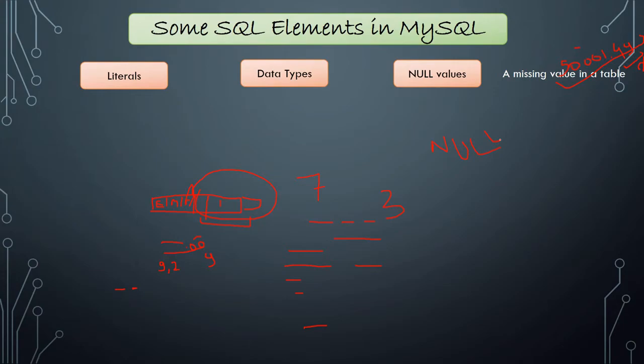If any question is there like what is the default value of null, it is not having any default value. This is the reason when we are performing any arithmetic operations on null, then by default the answer is null. Okay, lastly we are having another element, that is comment.